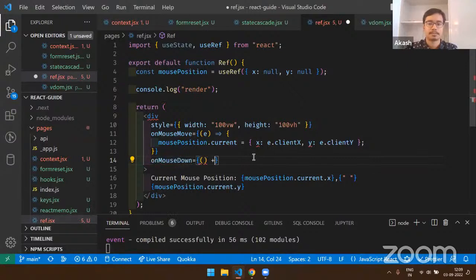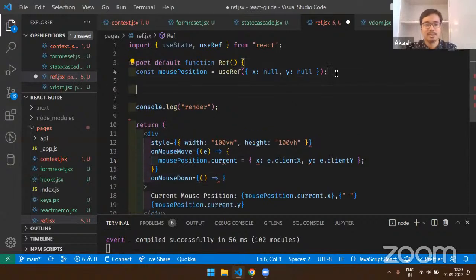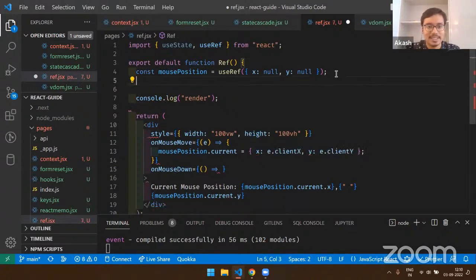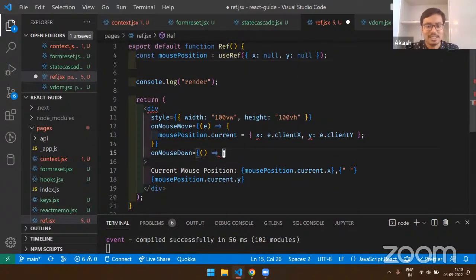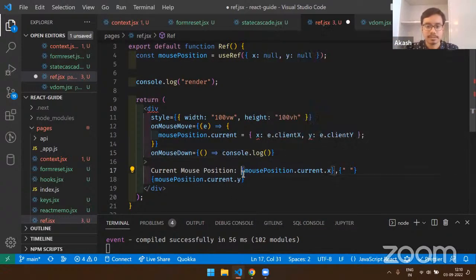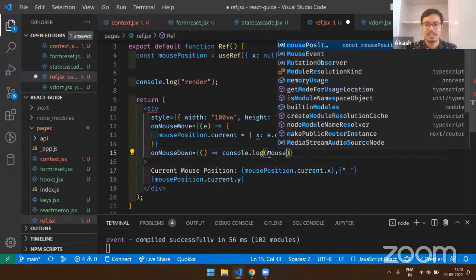We can cause a render, or what we can do is also add another state. So reported position, and yeah, this is again a very bad example of how this should work, I guess. But wait, what should this do? On mouse down, I guess we can just console log this for now. So console log mouse position dot current,